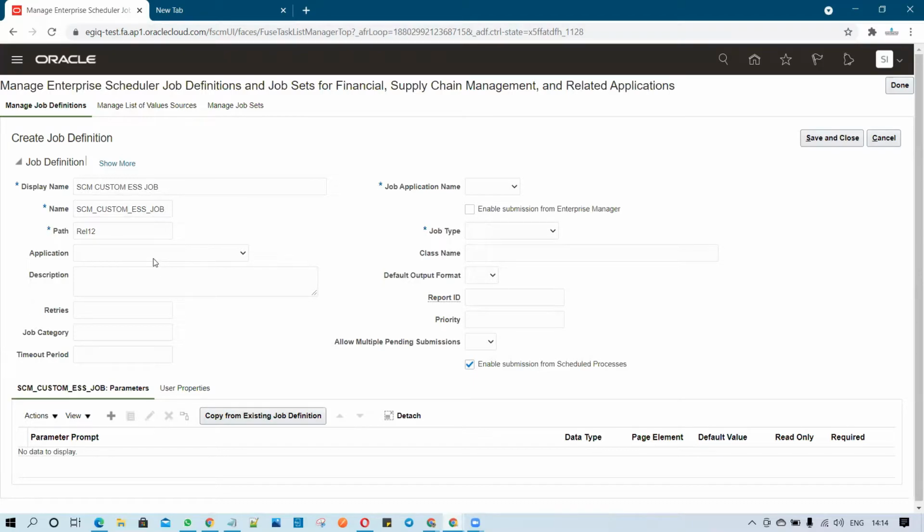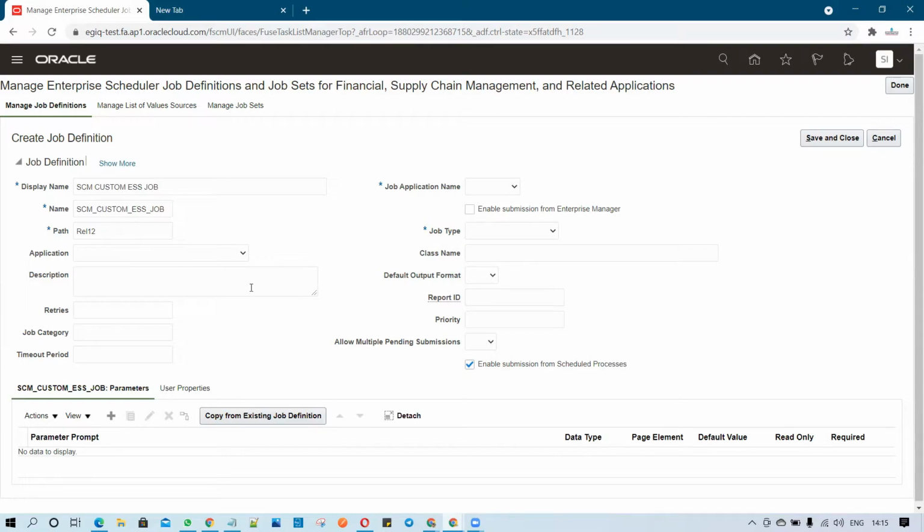Or you are supposed to create one request group and create multiple roles for it, that you can do. Otherwise, leave it. This task is a one-time activity when you are performing your implementation project. In the implementation project, you have a couple of custom BIP reports to create, and you want to grant access to all that custom ESS job. So you have to create it during that period.